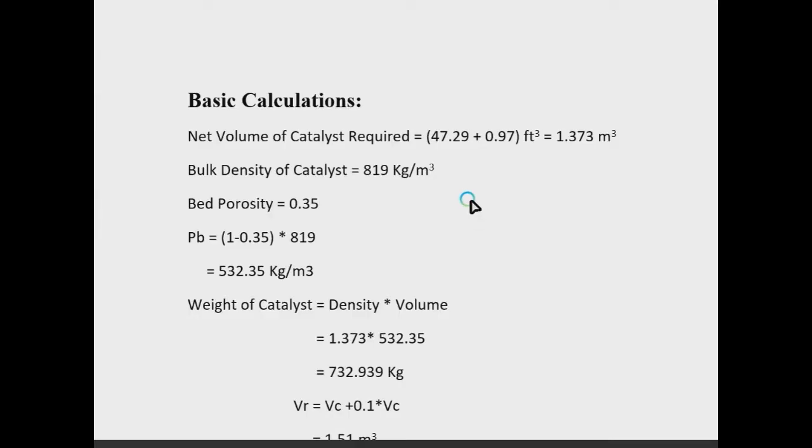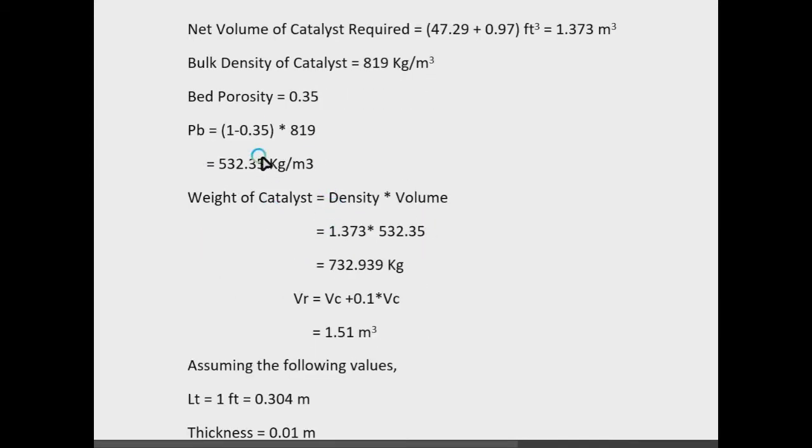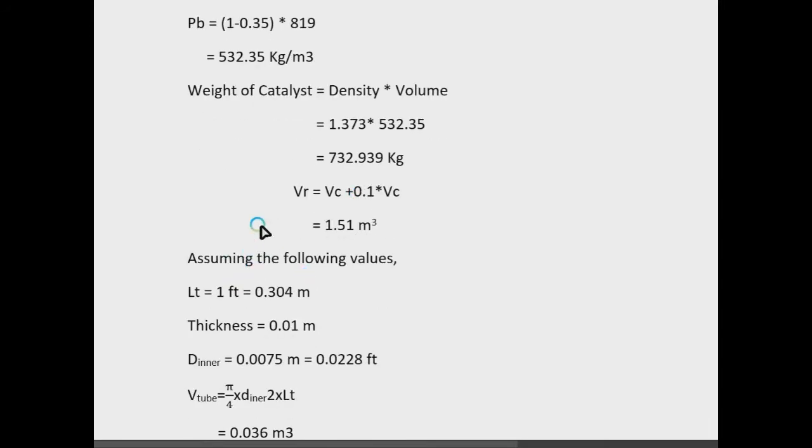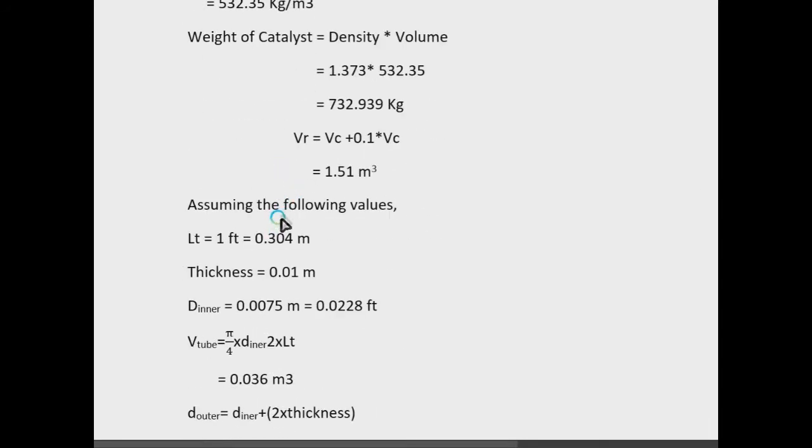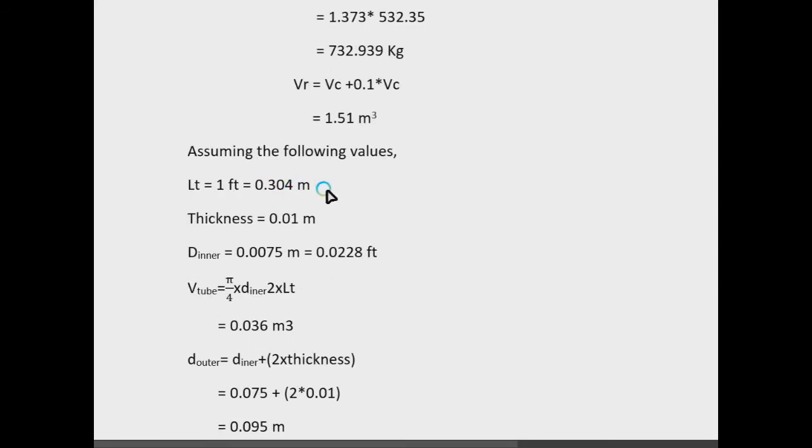In the continuity of the design of a packed bed reactor, sometimes we face a case where the reaction mixture or the catalysts are packed in tubes inside the reactor. So they are often called tubular packed bed reactors. By calculating the volume of the reactor or catalyst required in the same way as we have discussed in the design of a packed bed reactor, we can follow the next steps in the design of a tubular packed bed reactor.